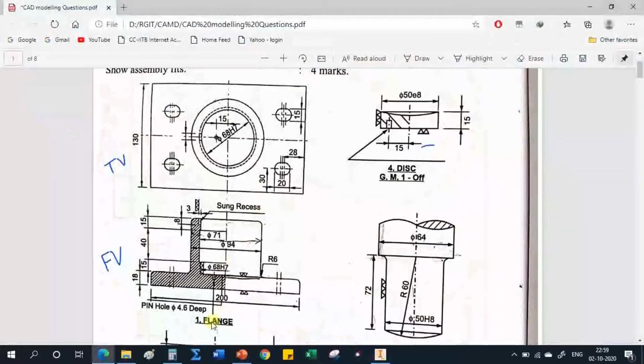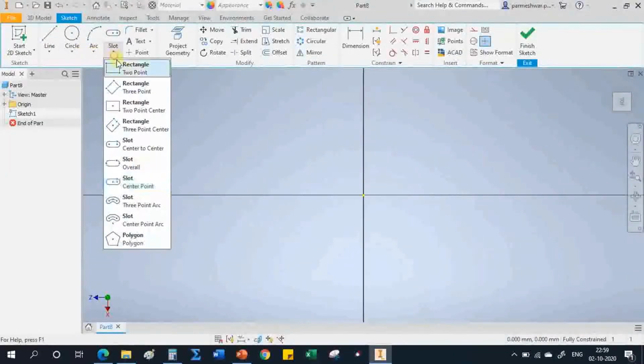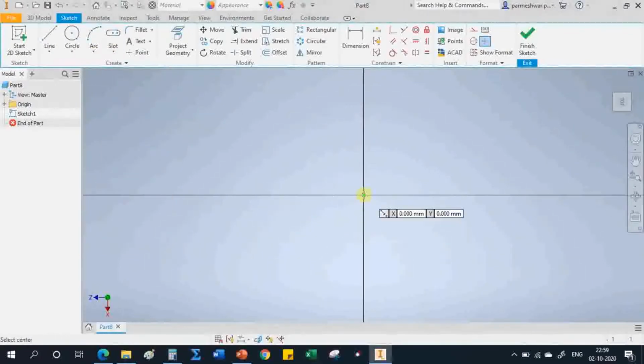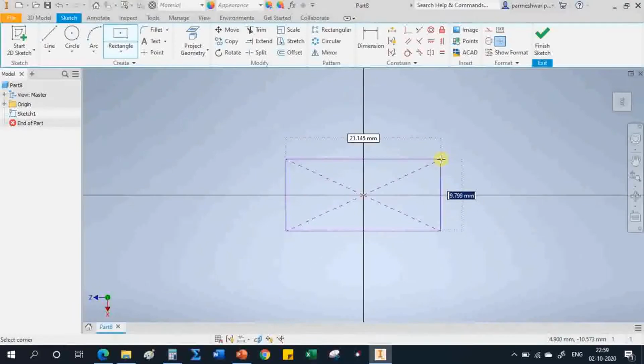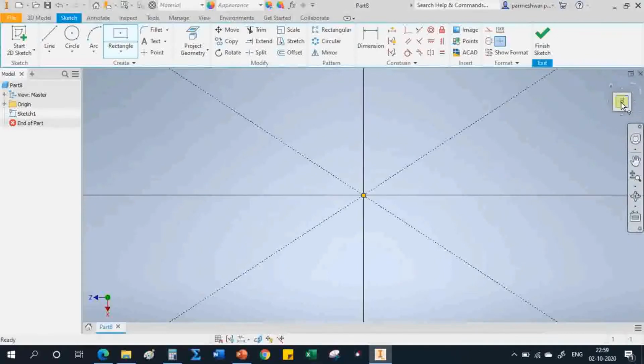Now here we have to draw that flange. So if you see here, there is a base plate of 200 mm length, 18 mm thickness and 130 mm width. So first of all I will draw one rectangle of 200 mm and 130, and later on I will extrude that rectangle by 18 mm to make a base plate. So here it is rectangle. Select this center point, enter here 130 as a width, and to make the length click tab option on the keyboard and enter 200. Okay. So here it is my rectangle.